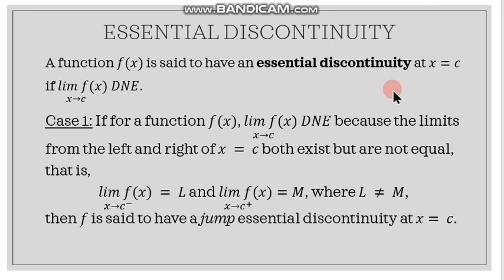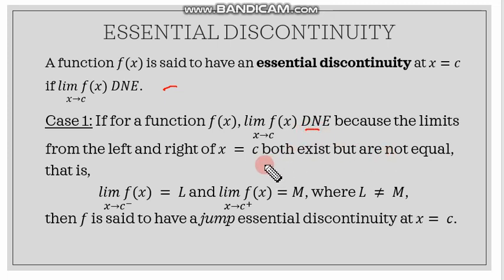Okay, another type of discontinuity is what we call the essential discontinuity. A function f of x is said to have an essential discontinuity at x is equal to c if the limit of the function is DNE, or does not exist. So for case 1, the limit of the function does not exist